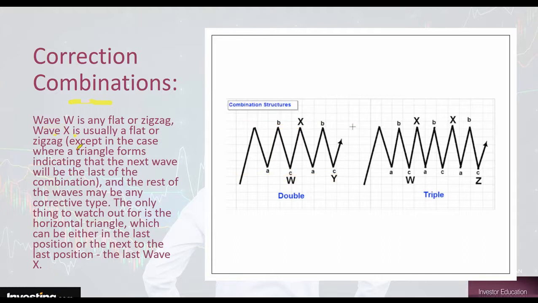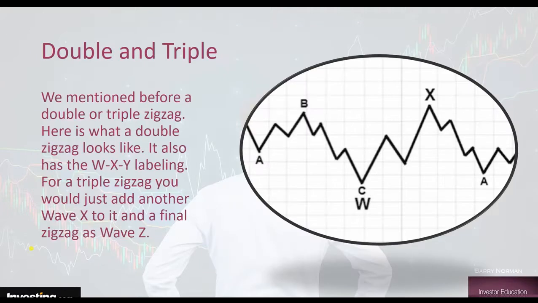Now, it doesn't look like an Elliott wave, but when it occurs within a longer-term Elliott wave structure, you have to be able to interpret it. And then you have doubles and triples. Now, doubles and triples are no different than doubles and triples in chart patterns. Okay? We mentioned before a double or a triple zigzag. Here is what a double zigzag looks like. It's also labeled W, X, and Y. Okay? So what we have is